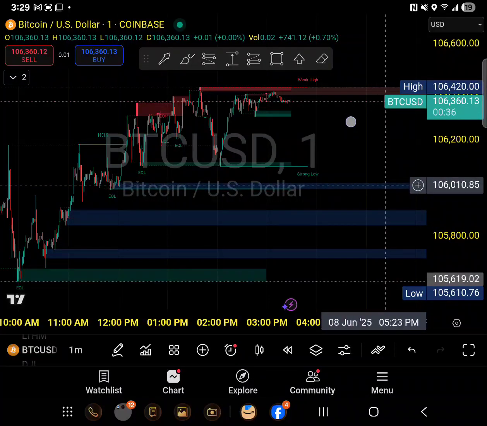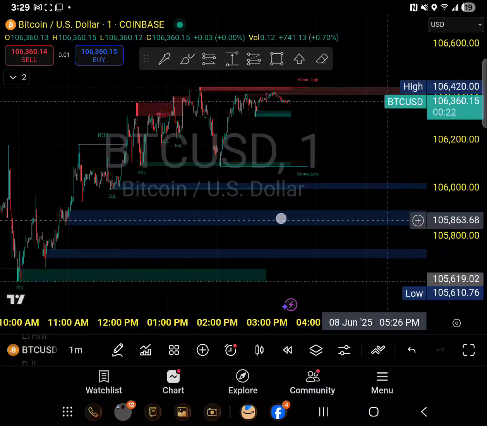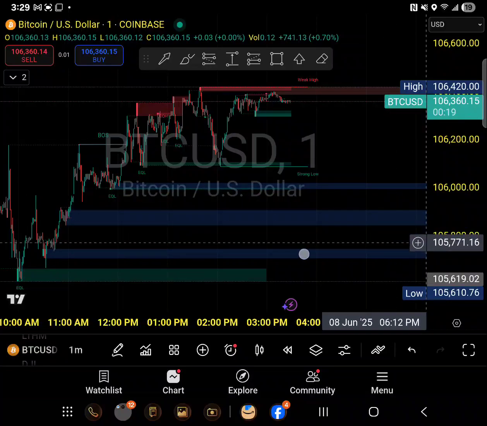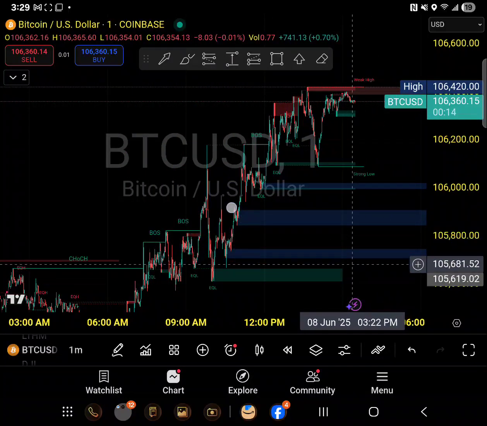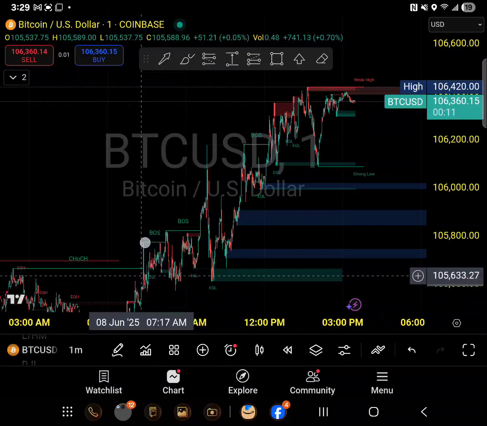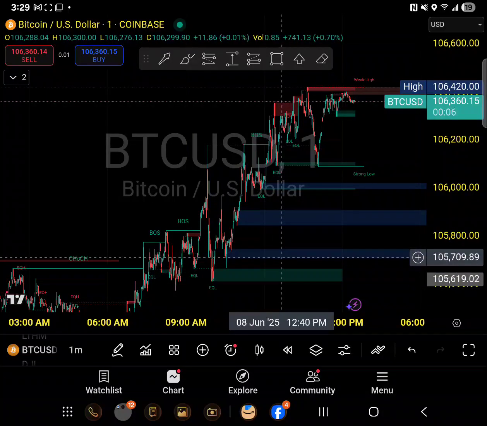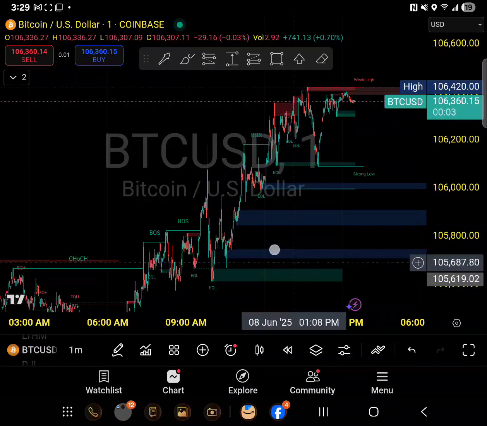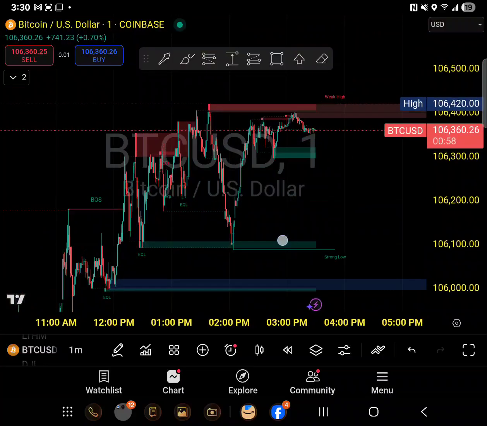But I would be interested in buying at this level. I can buy here if it comes to 106k, and take a stop loss of not very much, but 14-16 points. This will be a riskier trade. The second point will be this, because it has more consolidation at this point. If you see this structure right here, this will be the best zone to buy, 105,700. I'm pretty sure that when the market comes here, it will just go up immediately.